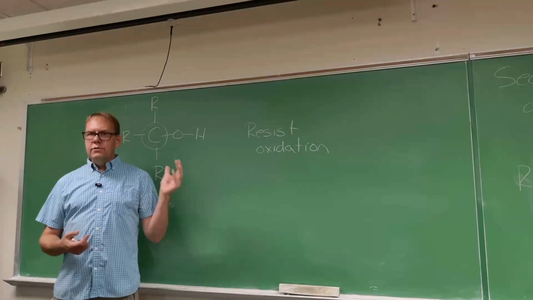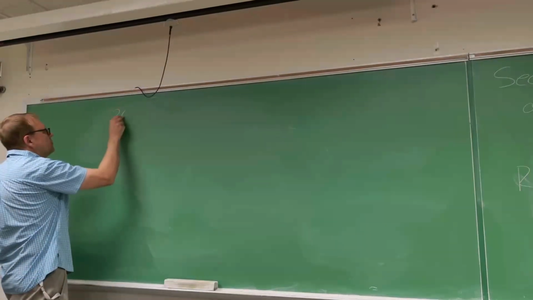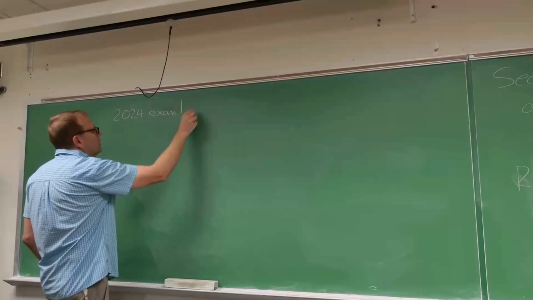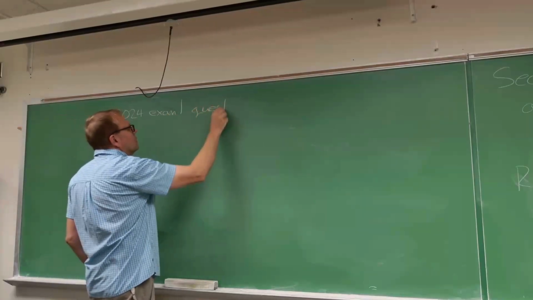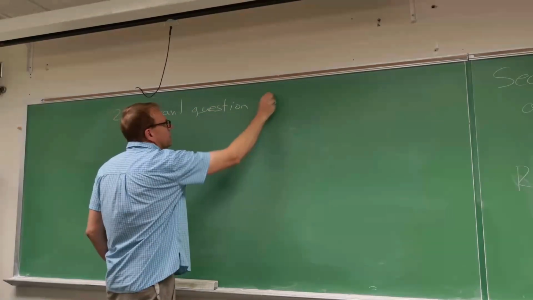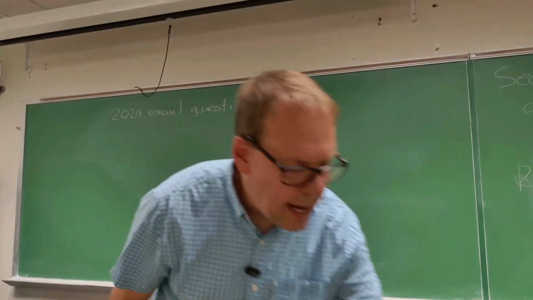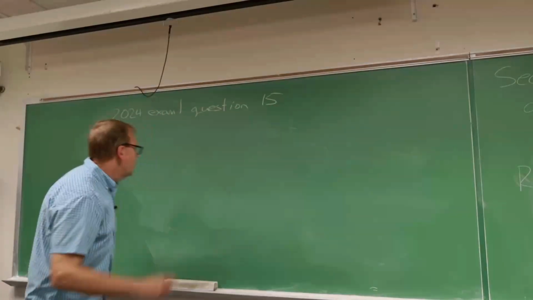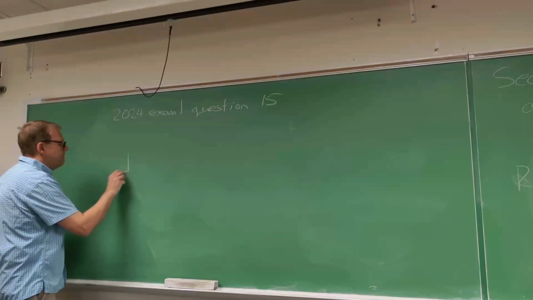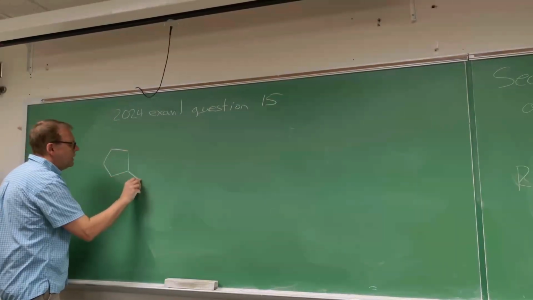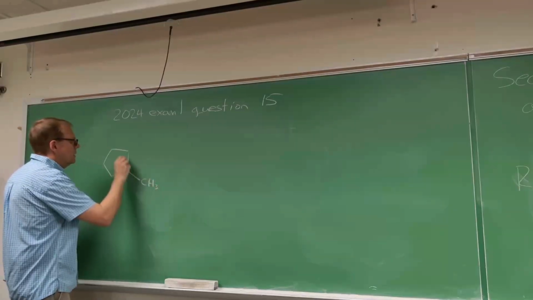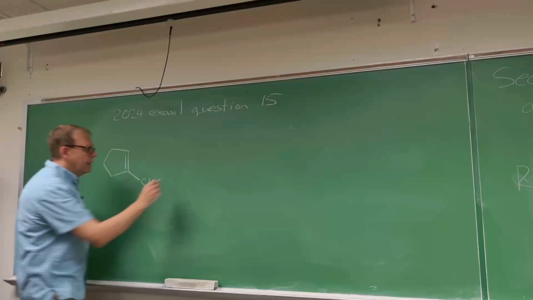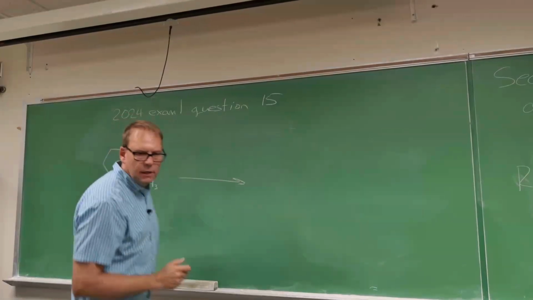Okay. Let's do some review. So this is from 2024, exam 1, question 15. There's a whole bunch of questions that ask about different oxidation and reduction reactions. The first one is one where you're given a 5-membered ring with an alkene in it, 1-methylcyclopentene, and the other reagent that you're given is this